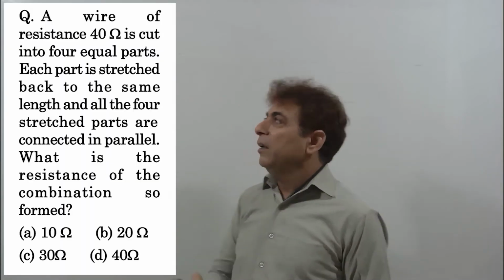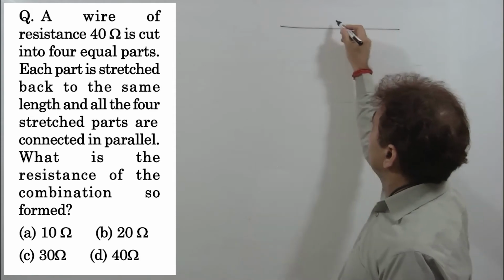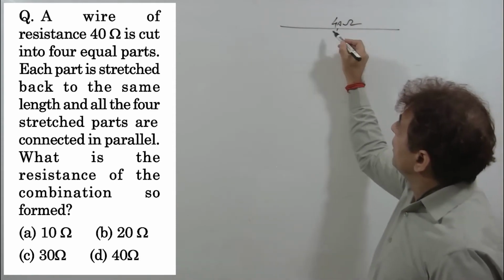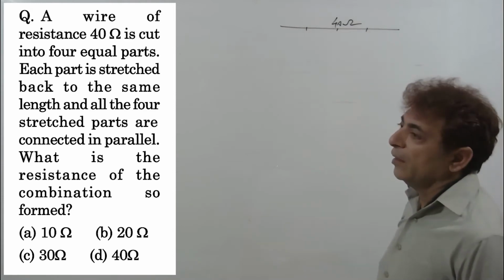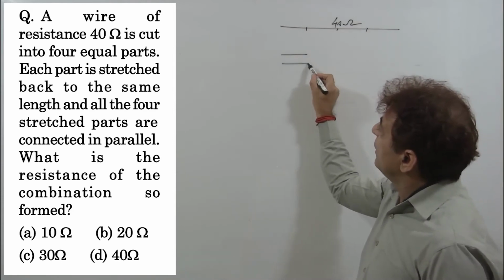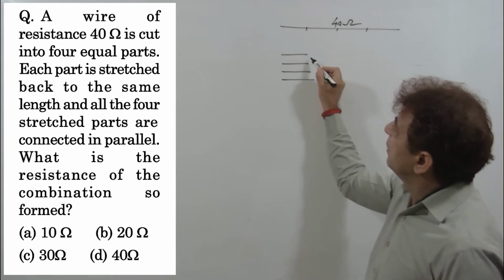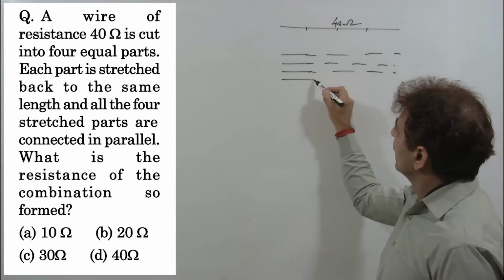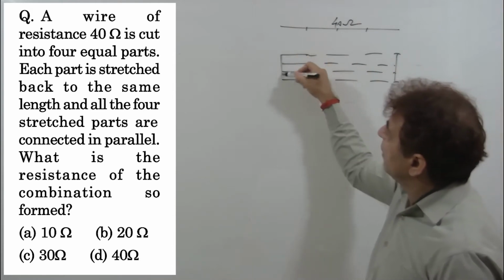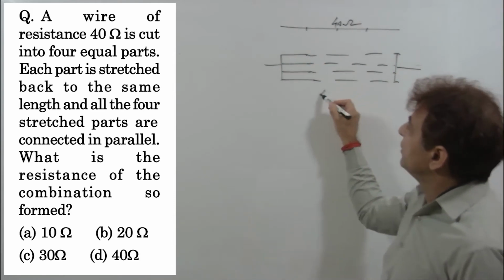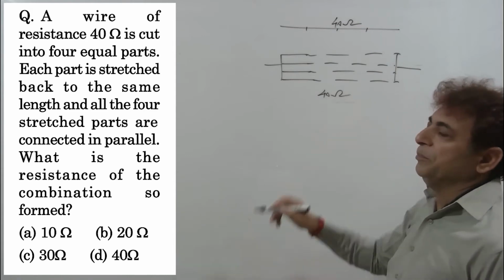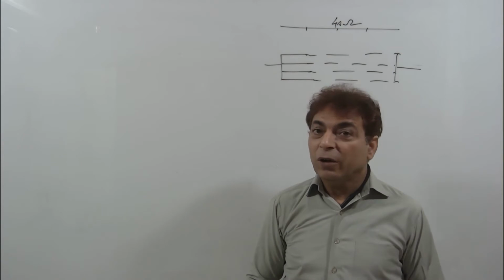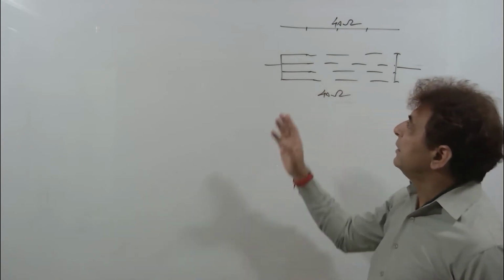सो फिर से एक बार, a wire of resistance 40 ohm is cut into four equal parts. All these four parts are stretched to the same length. Now they are connected in parallel. What's the resistance of the combination so formed? 40 ohm. Very simple. Direct answer लिख सकते हैं।